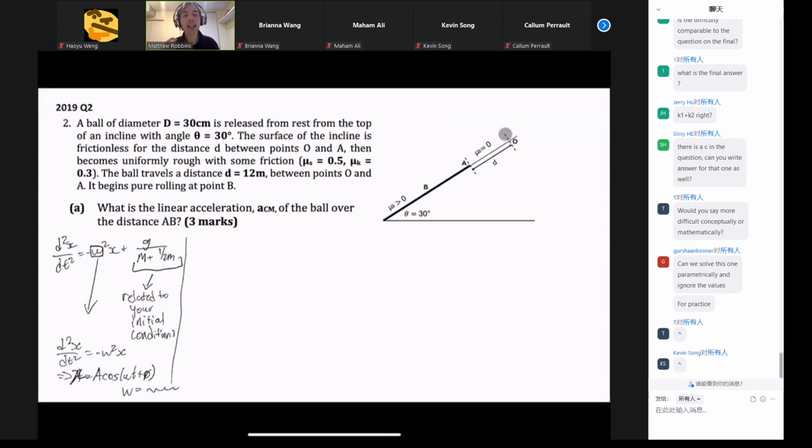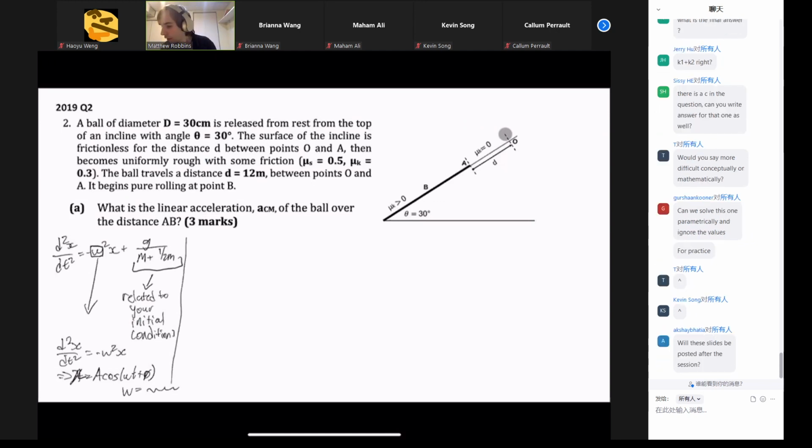What we want to know is the linear acceleration of the ball over the distance AB. So then,